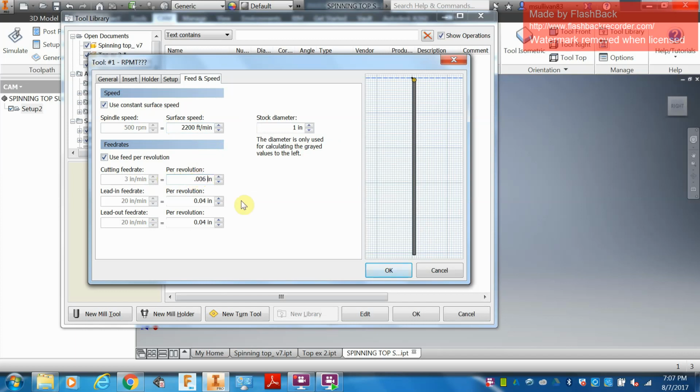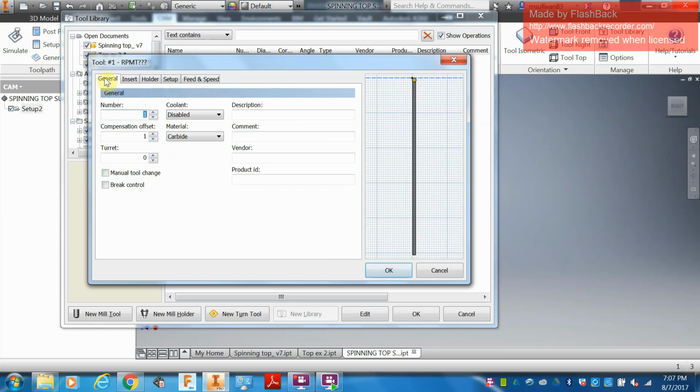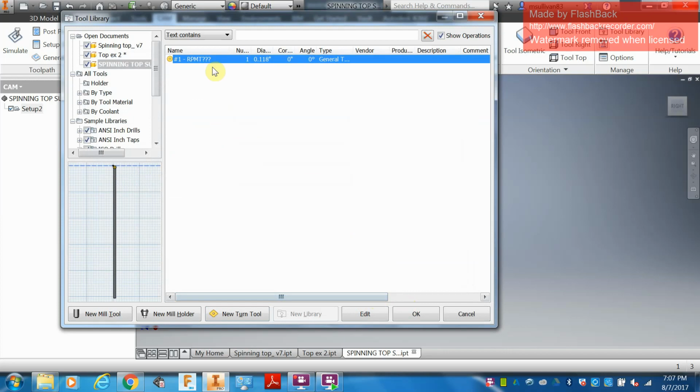This should be 0.006, and you want to use a space. We're just typing in 0.006 on my keyboard, and then the stock diameter is 1.5 inches. So all those things are important when we're making these tools. Back over to General just to make sure I disable coolant and hit OK,